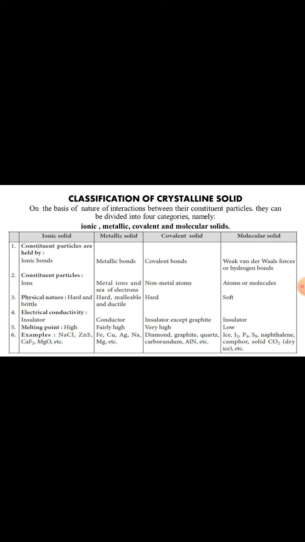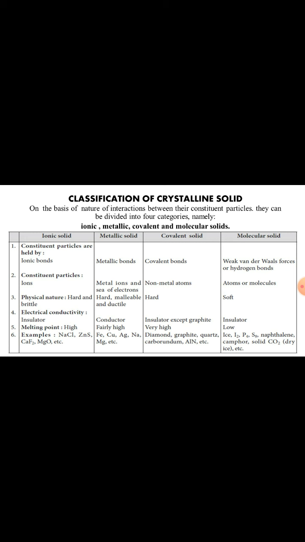The common examples of non-polar solid are inert gases and non-polar molecules such as Cl2, H2, I2, etc. Second, polar molecular solid. The bonding force is dipole-dipole interaction. The common examples of these are molecules having a difference in electronegativity, that is HCl, SO2, urea, etc.